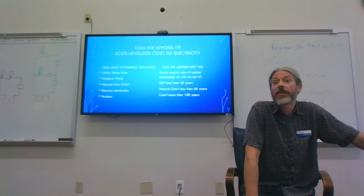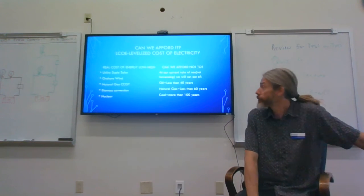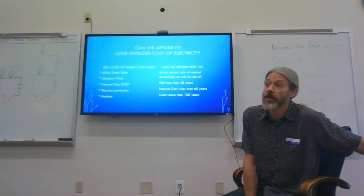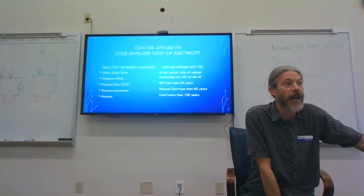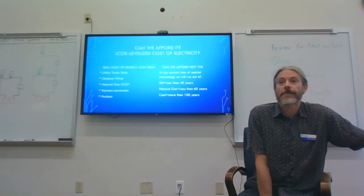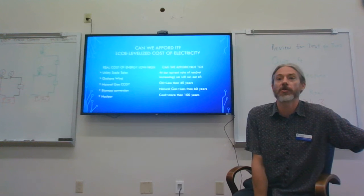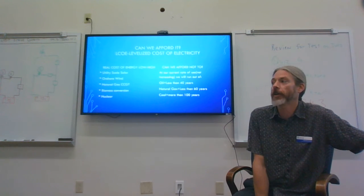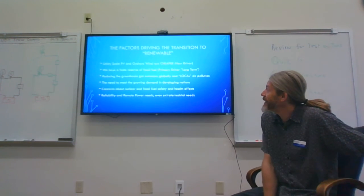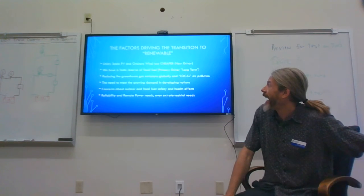It wouldn't surprise me if within the next 15 to 20 years, nuclear is actually considered cheaper than any of the fossil fuels. Coal is the only fossil fuel that we have more than 100 years worth of energy at our expected usage. And if you notice from chapter 12, even China has peaked in its coal usage. In other words, every country in the entire world is reducing the amount of coal that they are consuming. The factors that are driving these trends are very, very important. Know these, of course, but economically,